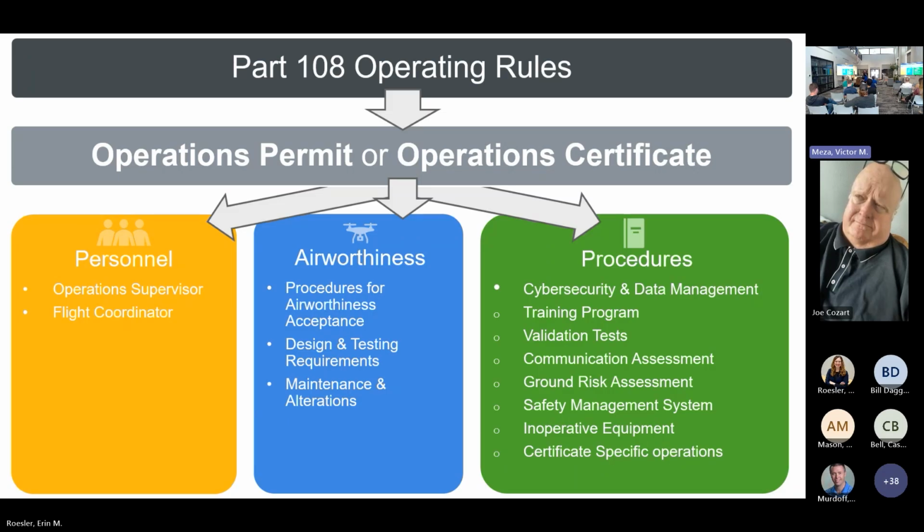Inoperative equipment. Something's probably going to break on my UAS at some point, no matter how well it's designed. So I have to have essentially a minimum equipment list, said another way. Those who come from traditional aviation know exactly what that means. A minimum equipment list covers: if something isn't operative, what's acceptable to be inoperative and what's not acceptable to be inoperative? And if it is acceptable, how do I